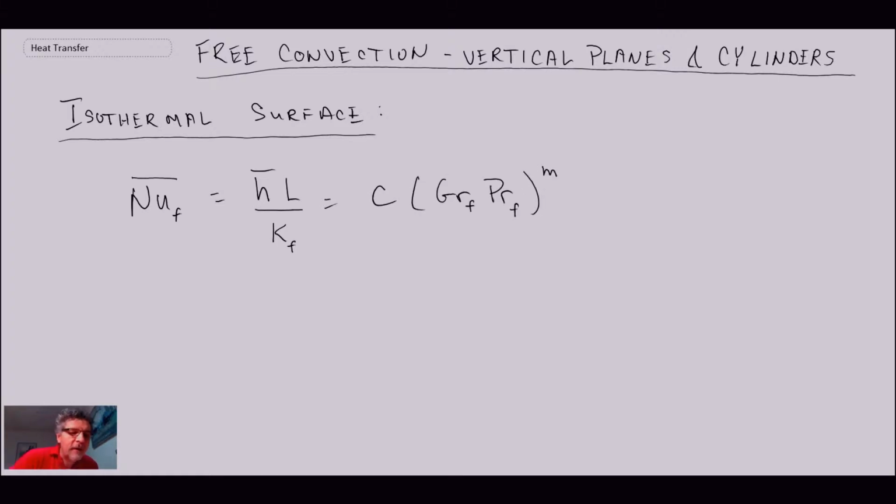So what we have here, we have the Nusselt number expressing the convective heat transfer in any of these natural convection cases. We have a length scale L, and then finally what we have in the denominator with our Nusselt number is a thermal conductivity for the gas evaluated at f. So wherever you see the subscript f, that is referring to properties